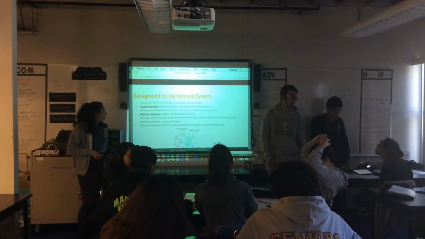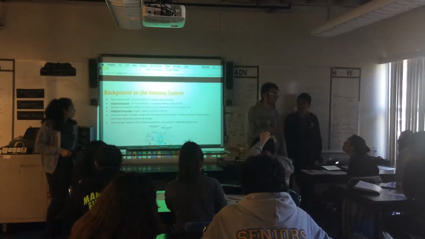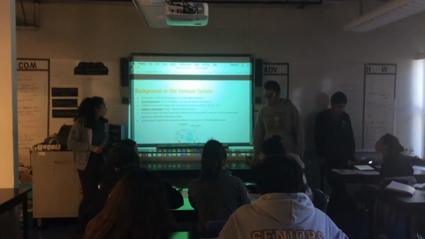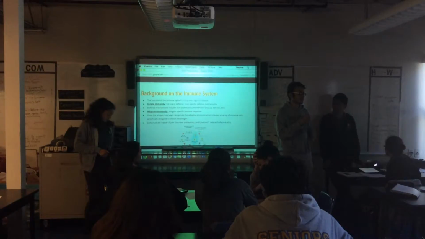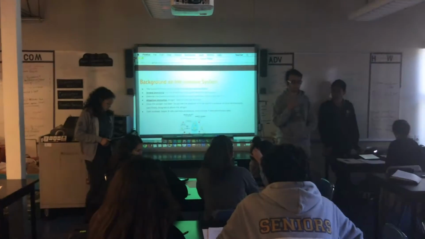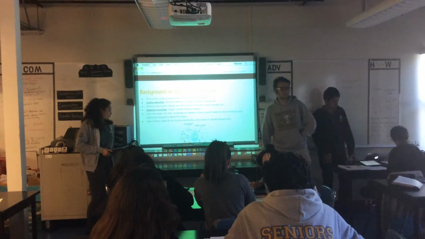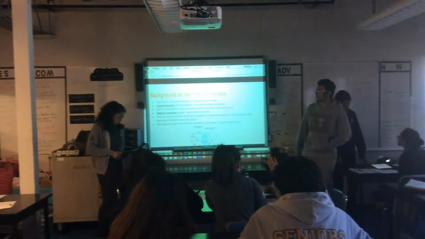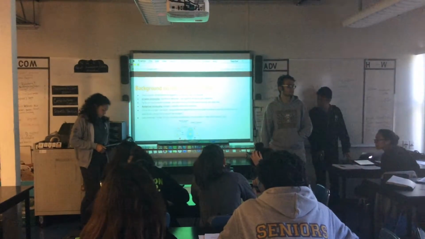Which includes mucus and earwax. We also have the adaptive immunity, which is the antigen-specific response, and this occurs when the antigen is found inside your body. The body adapts, the immune system adapts, and it learns about it. And the cells which are involved in there are helper B cells, and they'll secrete antibodies, and cytotoxic T cells,